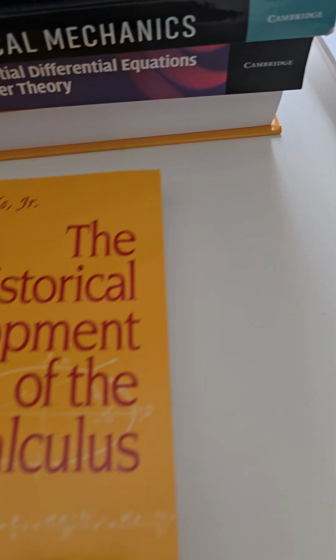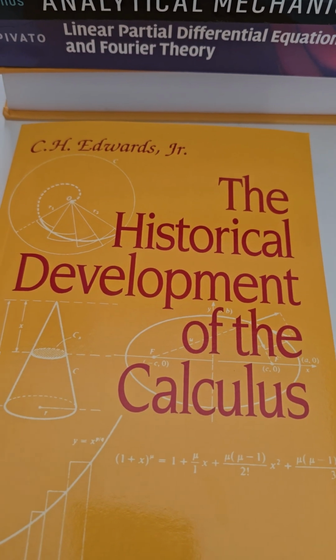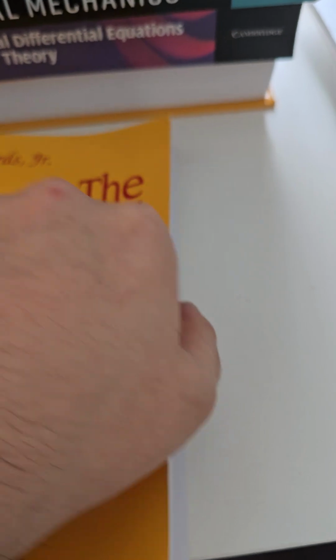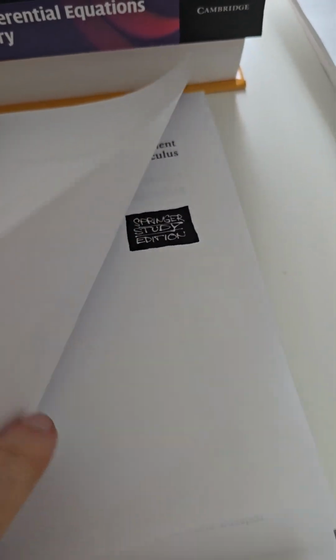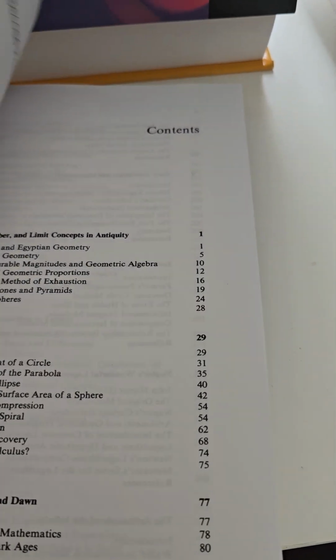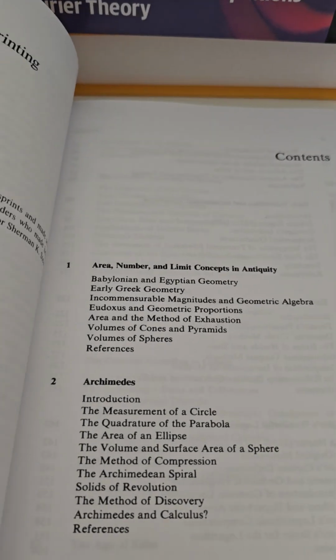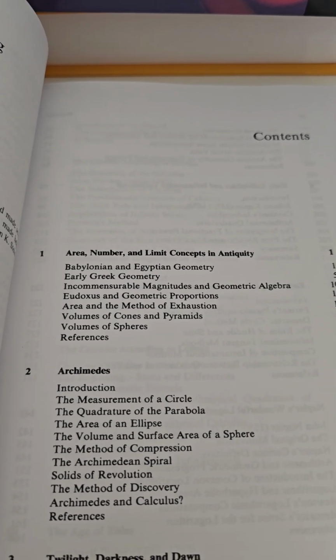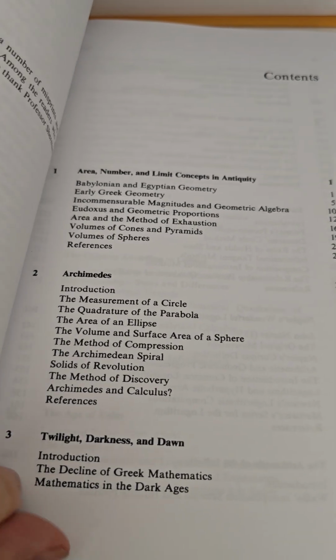Next book I want to talk about is one by Edwards. It's The Historical Development of the Calculus, which is basically about the history of calculus and exactly how Newton found his stuff. So we see it starts with area, number, and limit concept of antiquity, Archimedes, twilight, darkness, and dawn,